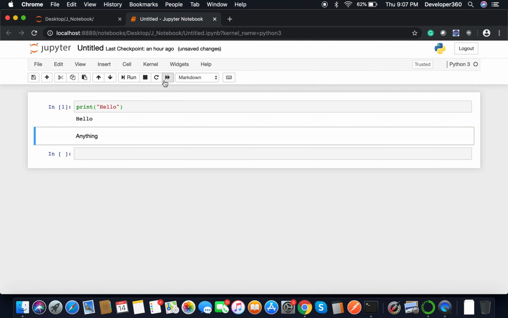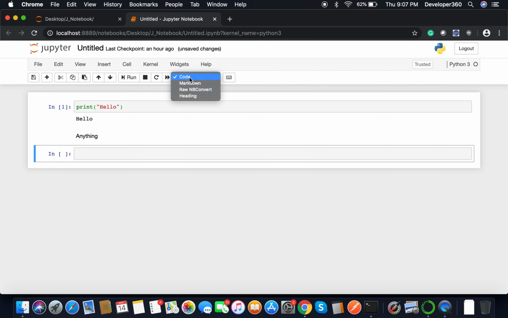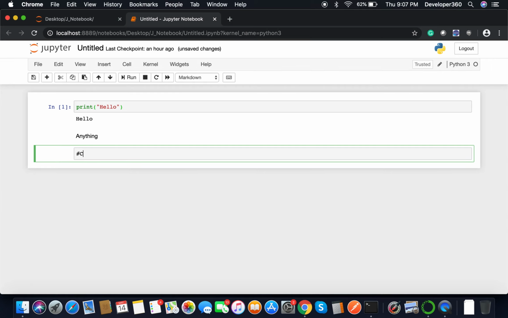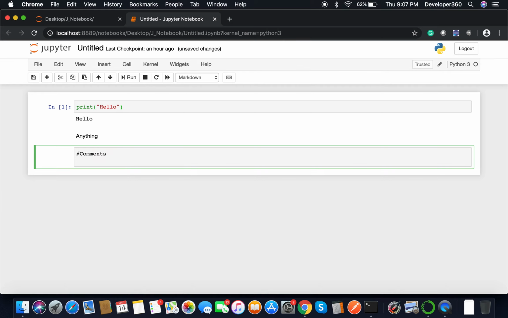This is kind of a comment, or if you want to write anything you can write it. If I select this and again select markdown and write something in as comments, you can say, see, this is a comment. If we want to write anything, let's learn, we can write this.